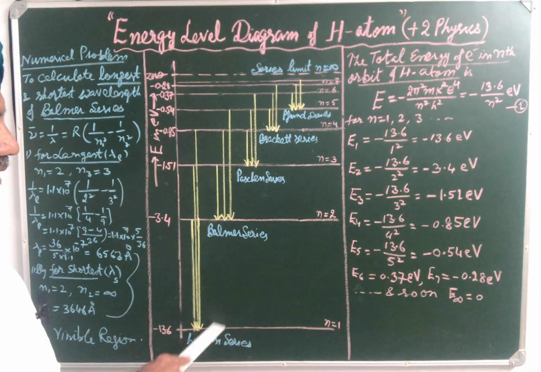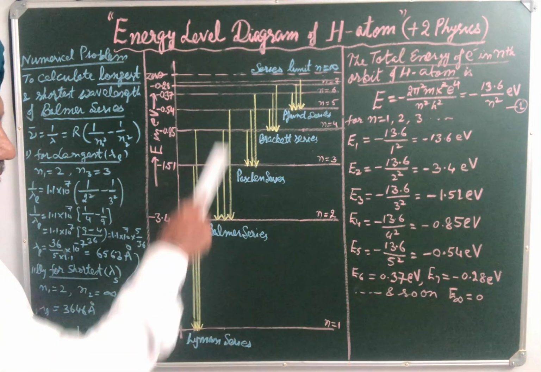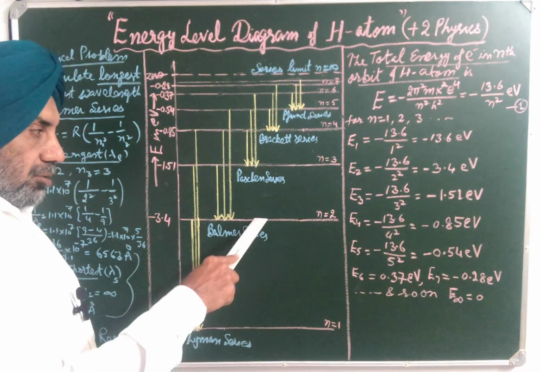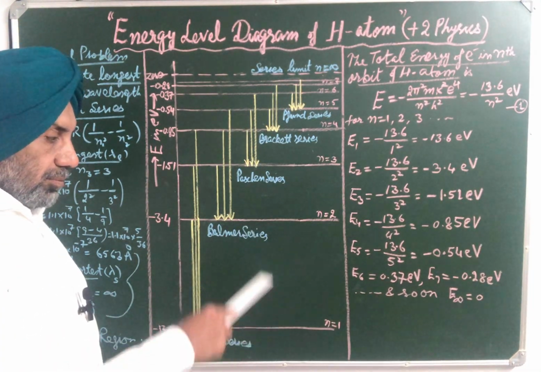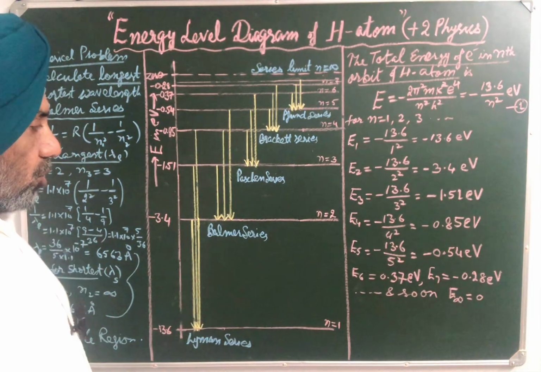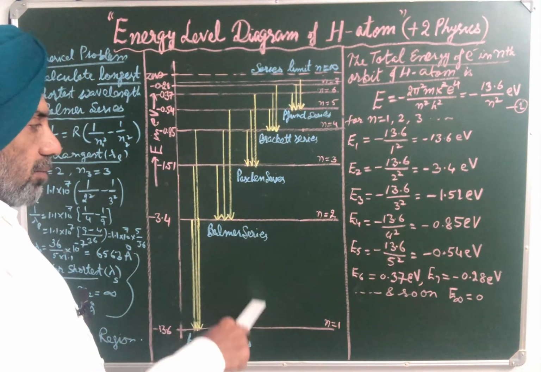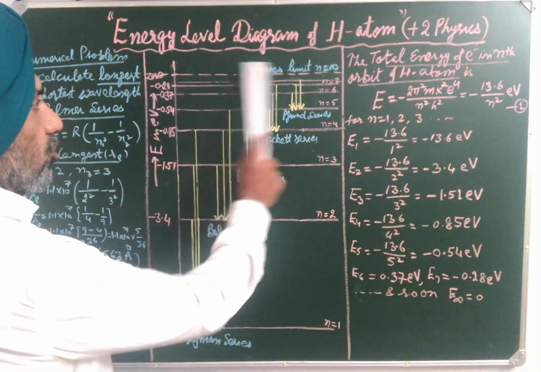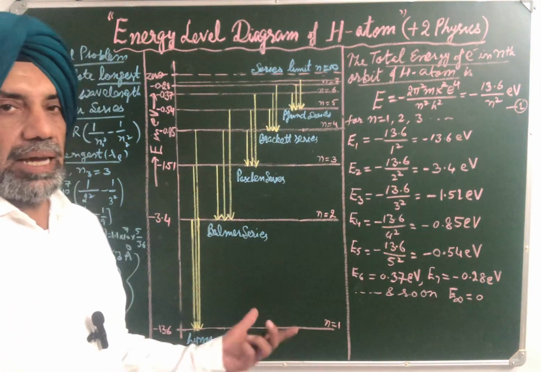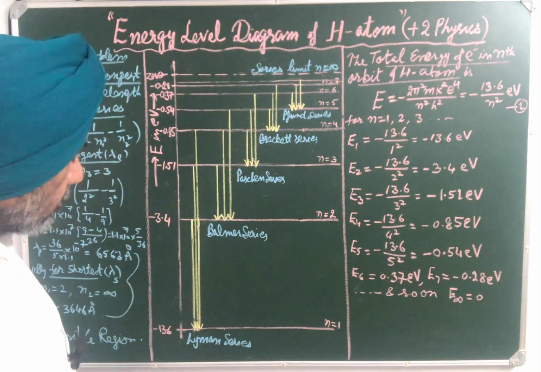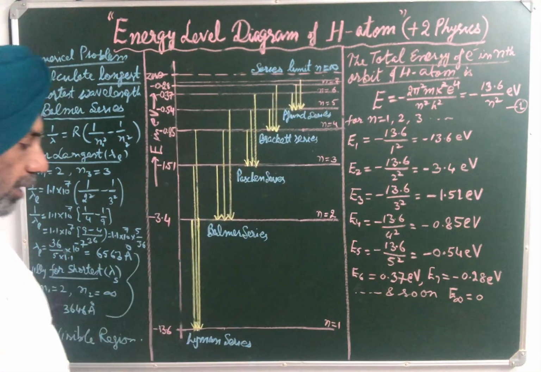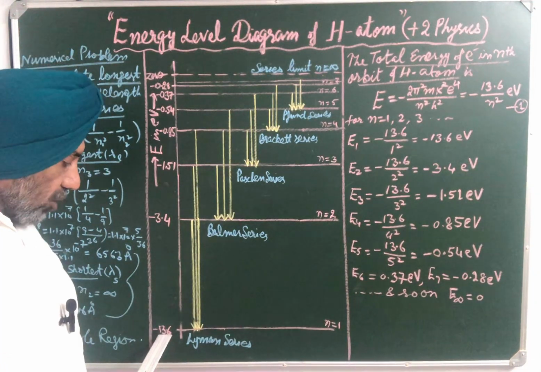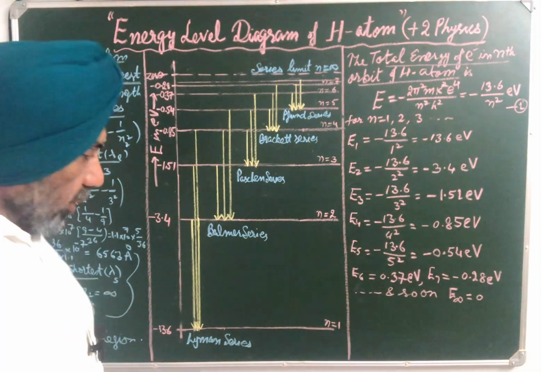And one thing is very clear from this energy level diagram, that the gap between two consecutive energy levels goes on decreasing as n increases and becomes almost zero when n is equal to infinity. So electron becomes free. It means this is the lowest energy state, that is known as ground state. So it means if we are to